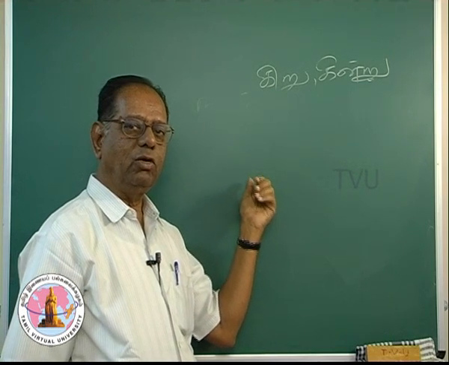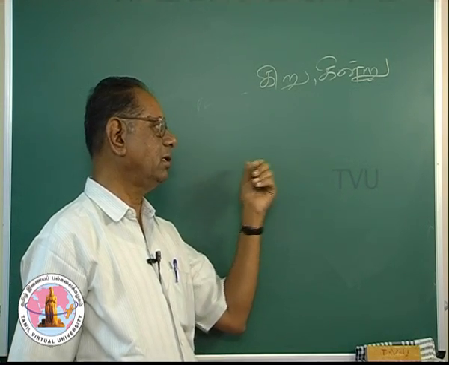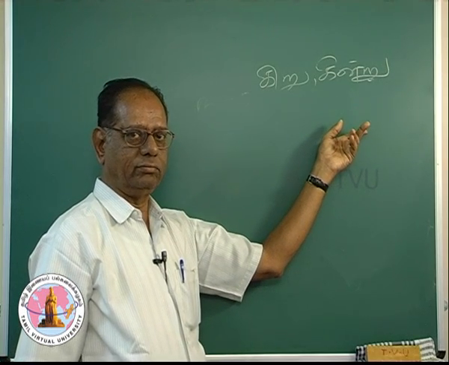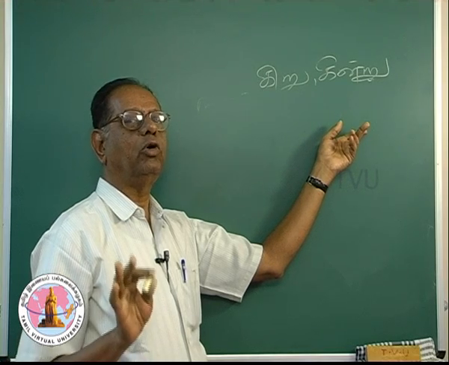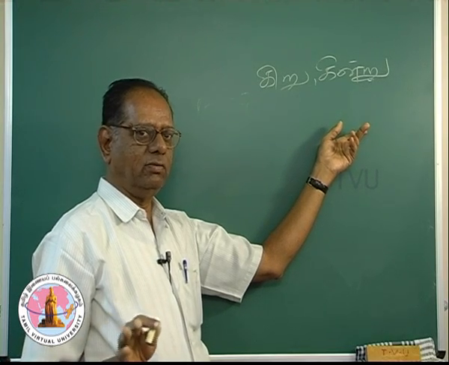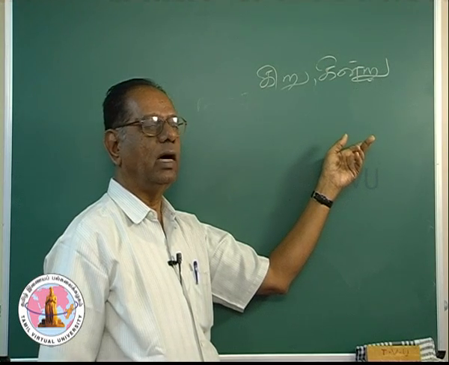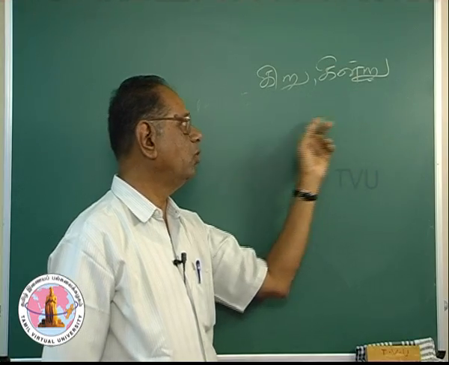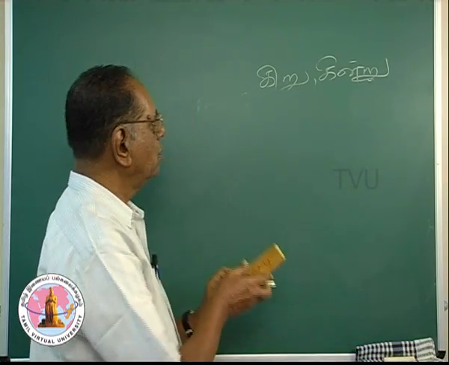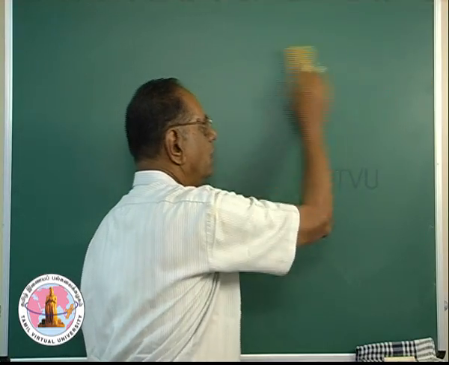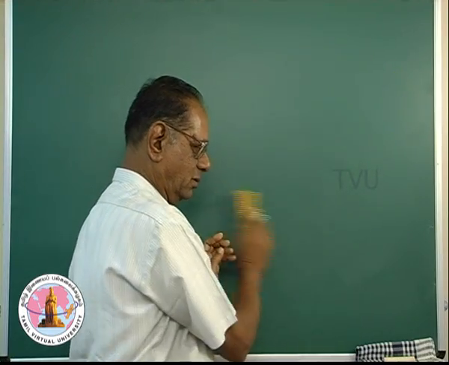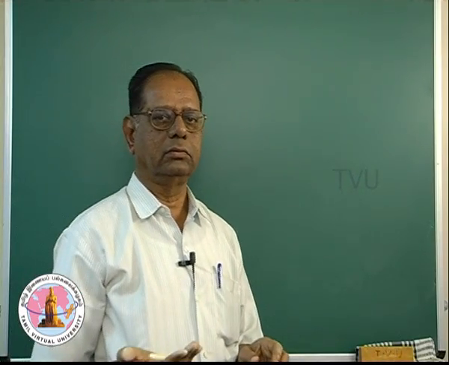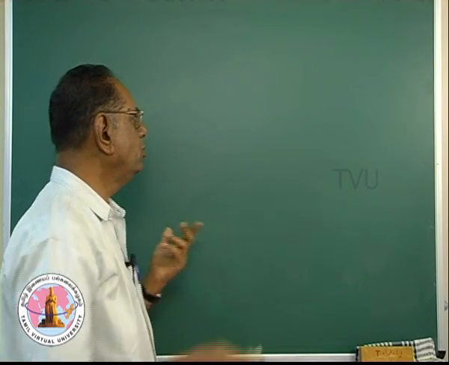For third person neuter gender plural or third person plural, kindru is added for an onomatopoeic effect, for a rhythmic sound. Otherwise, there is no difference between these two. So, kiru and kindru can be added to any verb in the present tense. Any doubt? You must be able to remember